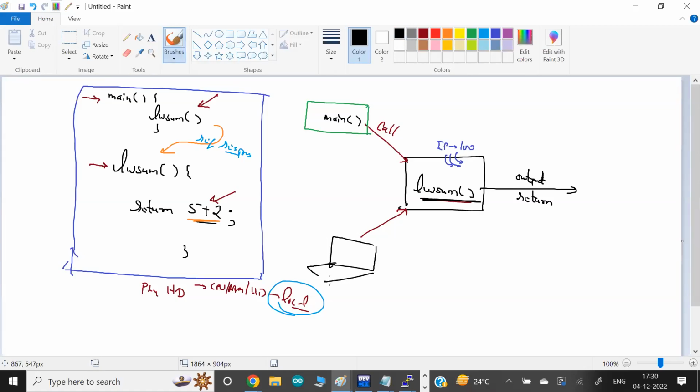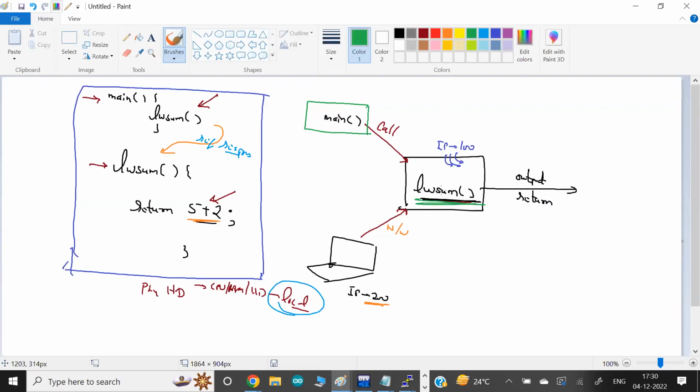This may be another laptop, for example. Let's say the IP of that system may be 200. So I need a capability that this function I can call from other IP addresses, obviously via the network. Okay, so is this possible? Can we call a particular function from some other IP address?